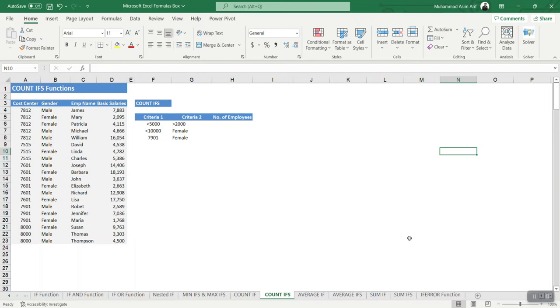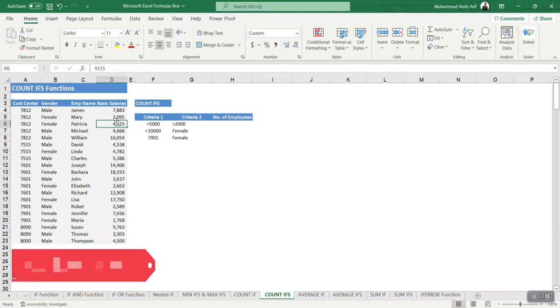I have this database in which I have cost center, gender, employee name and their basic salaries. So in my first scenario, I want to count the number of employees who have less than 5,000 salaries but greater than 2,000 salaries. So here I have two conditions or two criteria, so I will use the COUNTIFS function. So equal